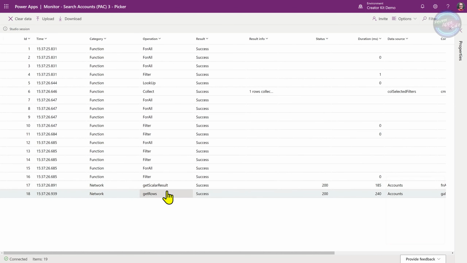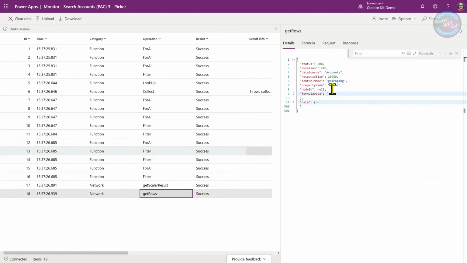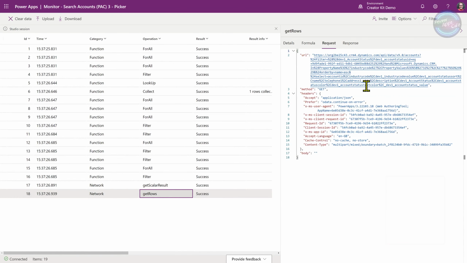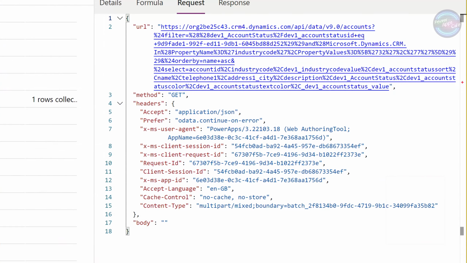Then if we look at get rows, we can look at our request and we can see that we've got a filter which is saying it's equal to this GUID here, and it's also using the in operator on the industry code.